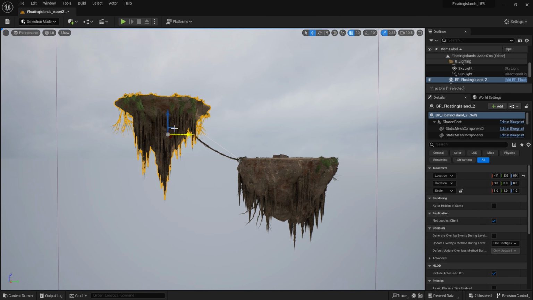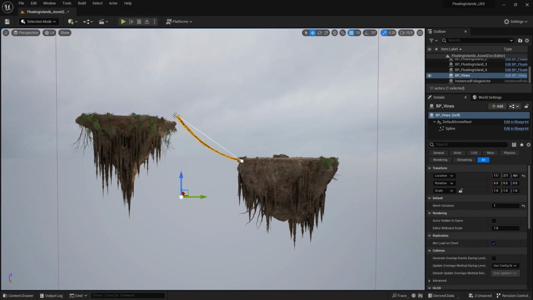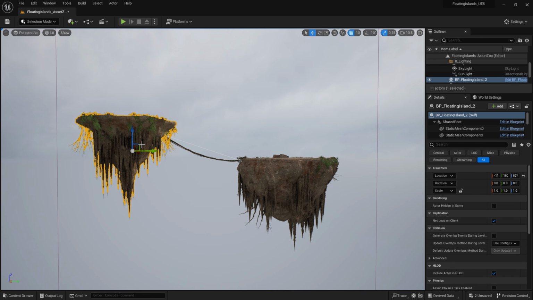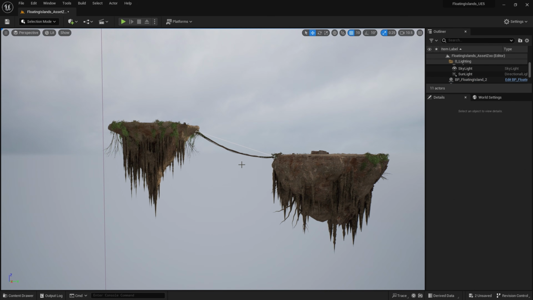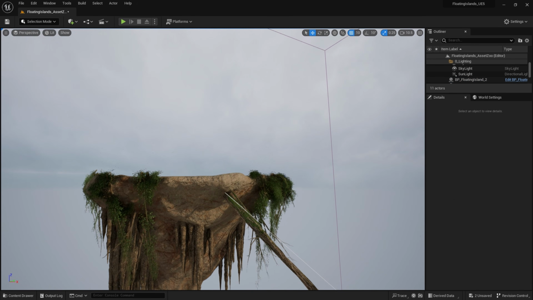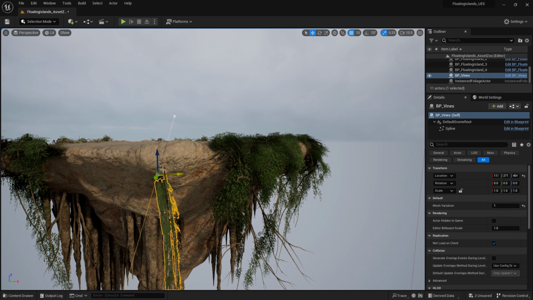I think I'm going to maybe reduce the height a little bit there. This is a little bit too much of a steep angle, and I'll try and just get a natural angle there. So it's a bit of a back and forth, but yeah, I'm going to get the spline and